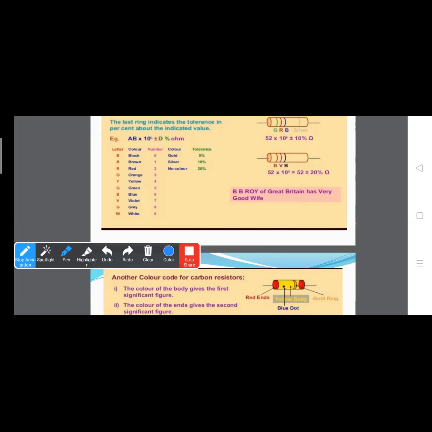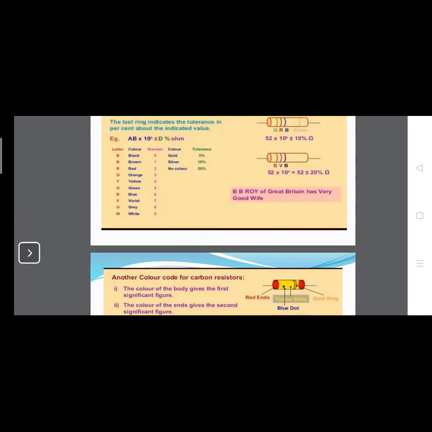So we can learn this table by B.B. Roy of Great Britain has very good wife. So I think this is clear to you, and this is very easy to find out the value of resistance by color coding. Okay, so now there is another type of color coding on resistors, which is given by